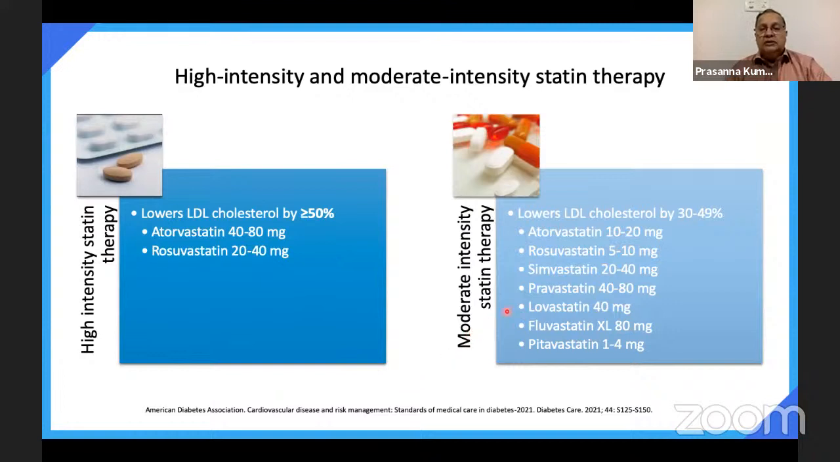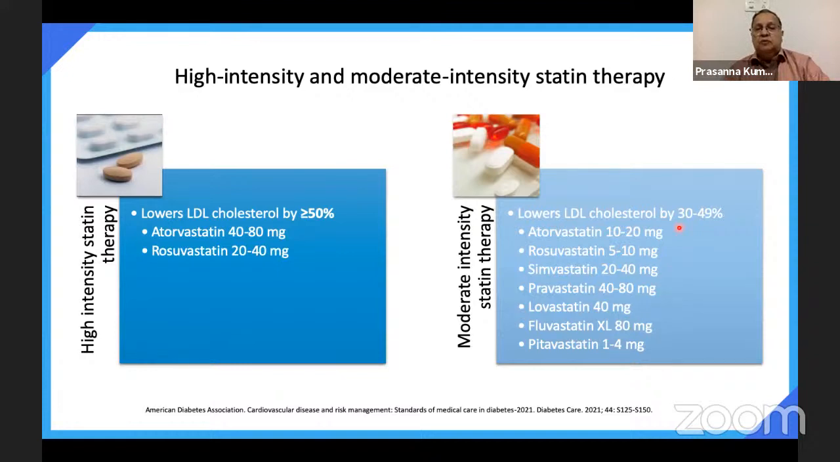What is moderate intensity? By moderate intensity, you can use atorvastatin 10 to 20. That's what most of us use in all diabetics. Rosuvastatin 5 to 10, simvastatin 20 to 40, pravastatin 40 to 80, lovastatin 40 mg, fluvastatin, pitavastatin you can use 40, 80 mg or 1 to 4, where you will see the LDL cholesterol reduced by moderate intensity by 30 to